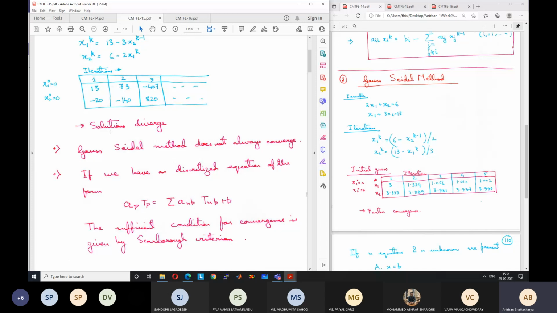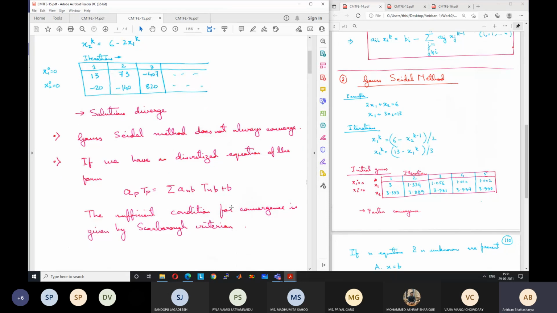Say we have a general discretized equation. What was the form? If you remember, you have studied for the exam now. The general form of the equation for a pth variable Tp is AP TP = summation ANB TNB + B. If it is a 1D problem, it is APTP = AETE + AWTW + B. AP is the coefficient of TP, and the ANB's are the coefficients of the TNB's. AE is the coefficient of TE, AW is the coefficient of TW, like this.